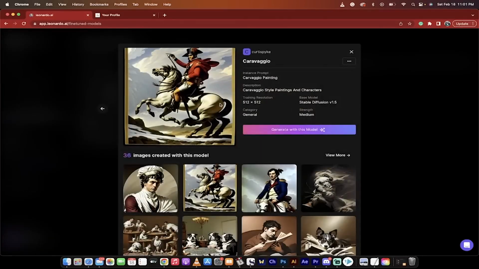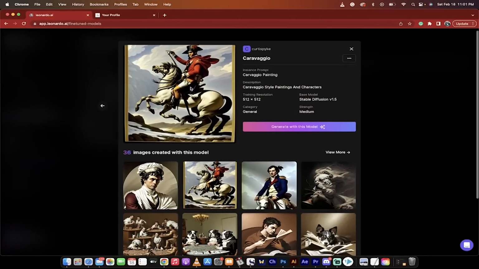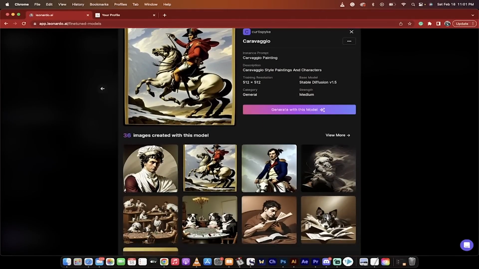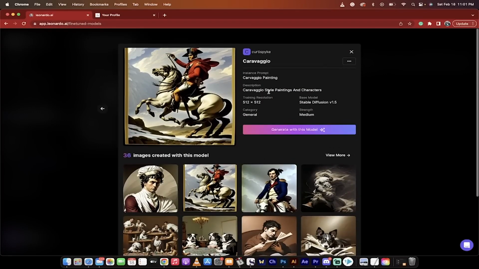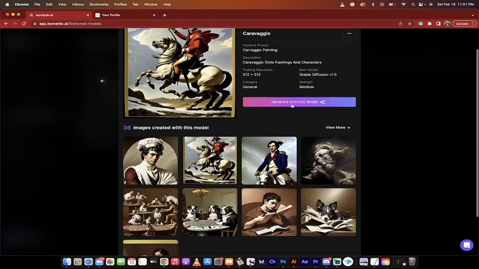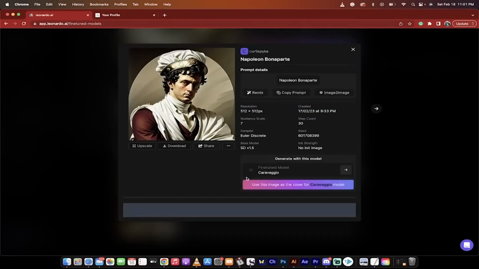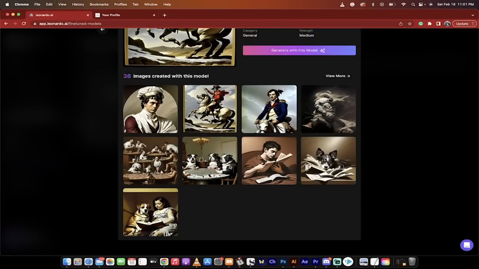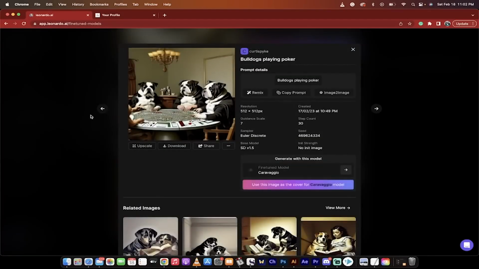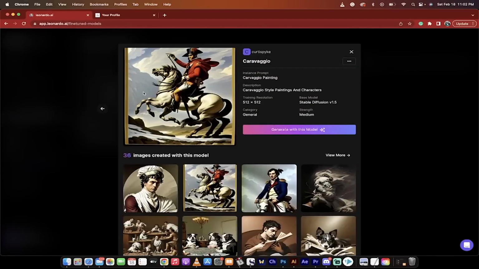If I click on View, you'll see that this is just an example, a low-res example of what the image or the art would come out looking like. It's got a quick description of it here. It's 512 by 512. It's got Stable Diffusion 1.5 as its example. But more importantly, I can click on some of the images that were created with it. And presto, I can now create all my images in the exact same style without having to type in 30